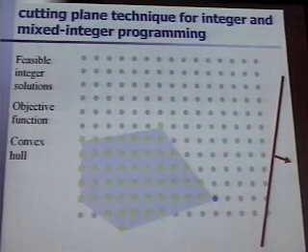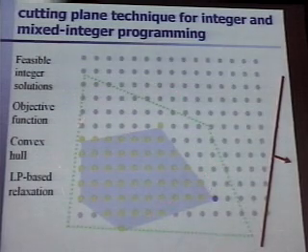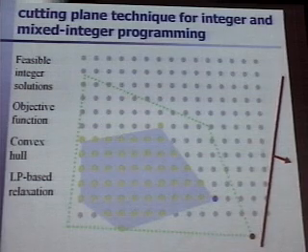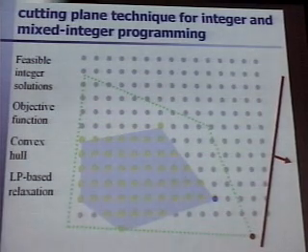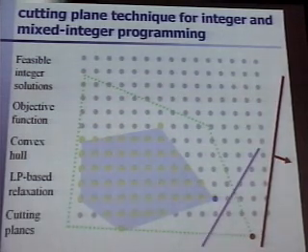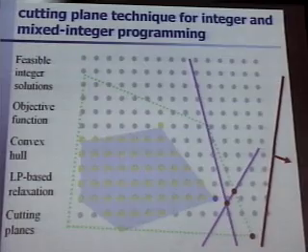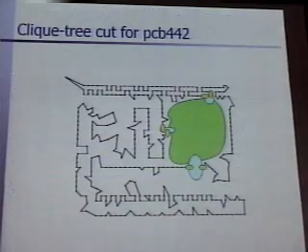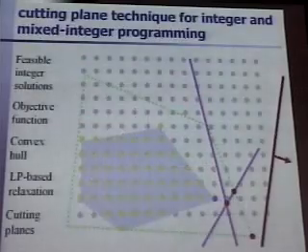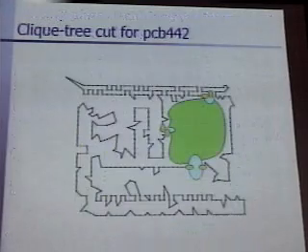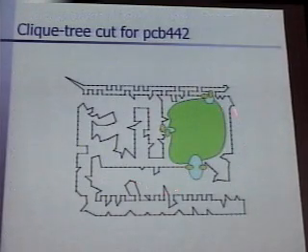You don't know how to find it. So you take a bigger set, a polyhedron that is bigger. You optimize over the polyhedron, find that optimum. You let a separation algorithm come. That finds a cutting plane, add the cutting plane, find a new optimum. You find a new cutting plane, find a new optimum, and you keep on going, and you hope you sometimes end. And this sometimes ends. And here is an example of a cutting plane for the traveling salesman problem, which is very complicated.